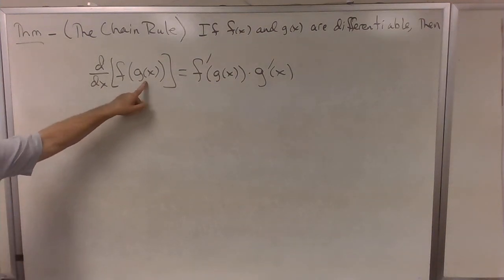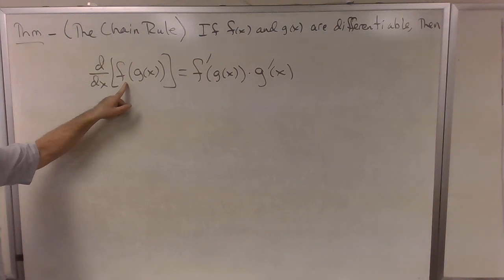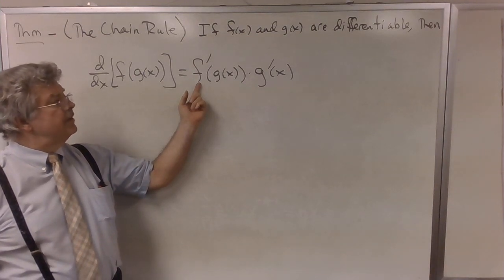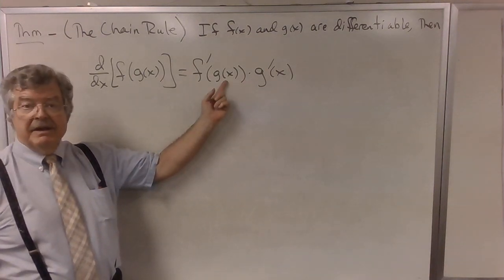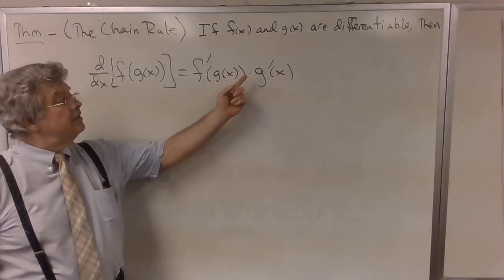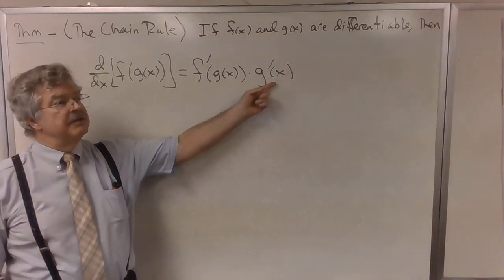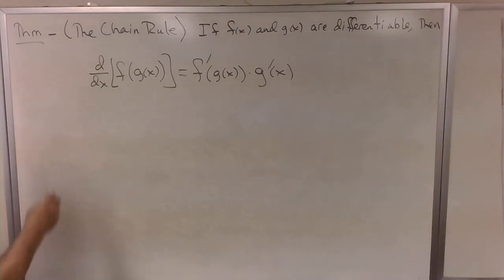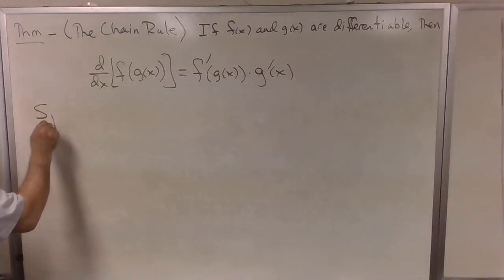That we look at g of x as being the inner function. We look at f of x as being the outer function. So we have the derivative of the outer evaluated at the inner times the derivative of the inner. And we should also look at a special case